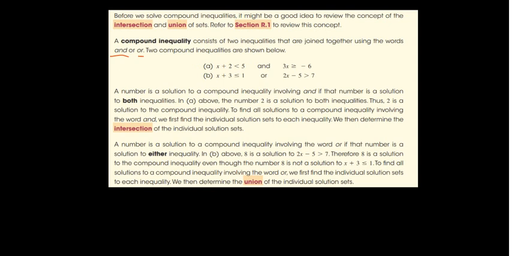Whenever we think of and, we then determine the intersection of the individual solution sets. All right, and then down here we then determine the union. So whenever we think of intersection, we're going to think of and. Okay, so let's put and here, and put an arrow, and whenever we use the word or, we're going to use this union. Okay, so whenever we hear and, we think intersection. Whenever we think or, we think union,